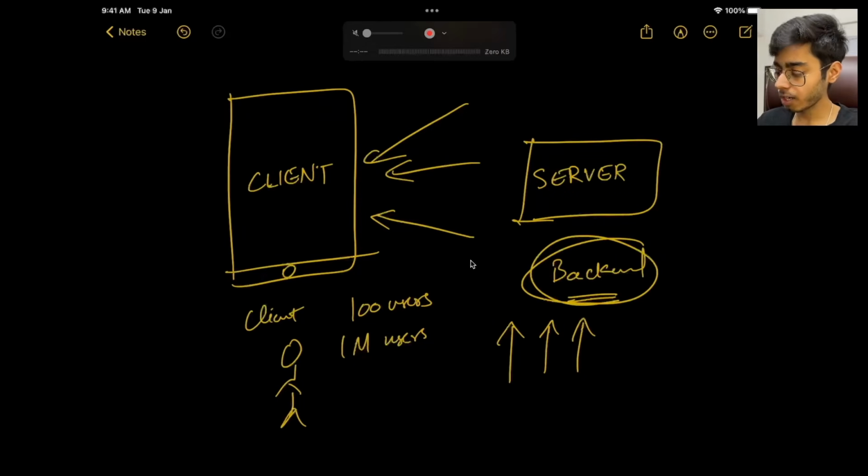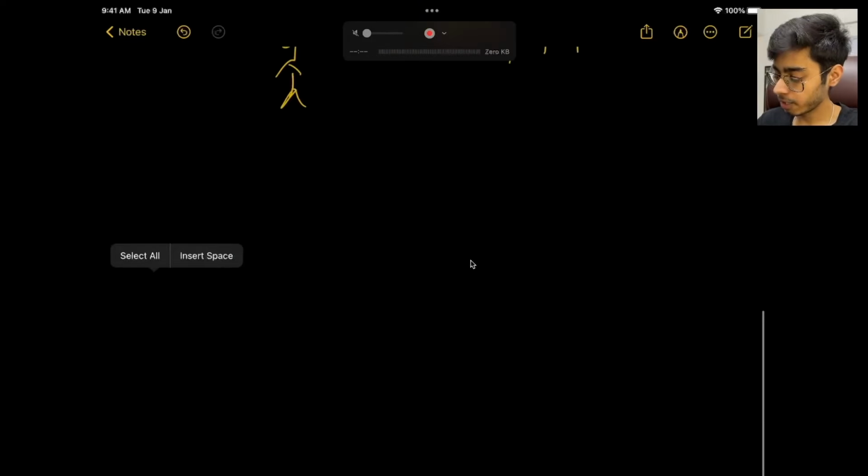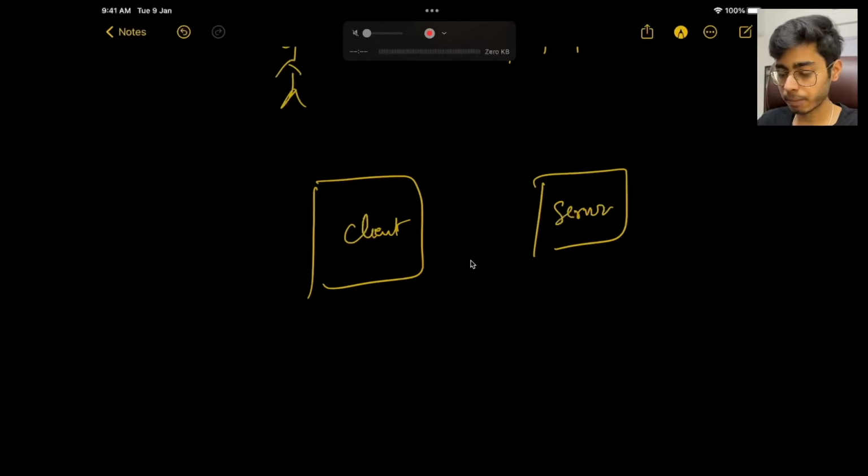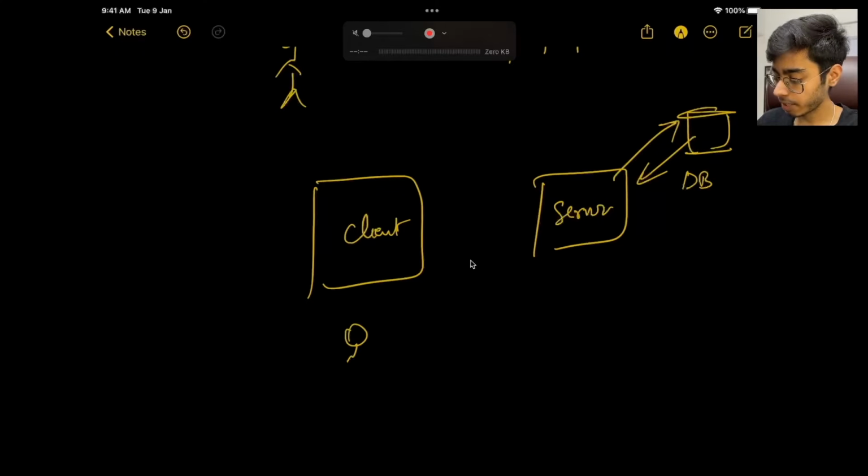But how are these two entities going to interact with each other, right? If I build a client over here and I build a server over here, these two need to communicate, because the user's data is accessible by the server, right? Because the user data will be stored in a database, and the user needs to access the data, but the user is present at the client level, right? So the user will go to the client, will go to the server, will go to the database, bring the data, the server will get the data, and the server will send the data to your client device, and the user can see it.